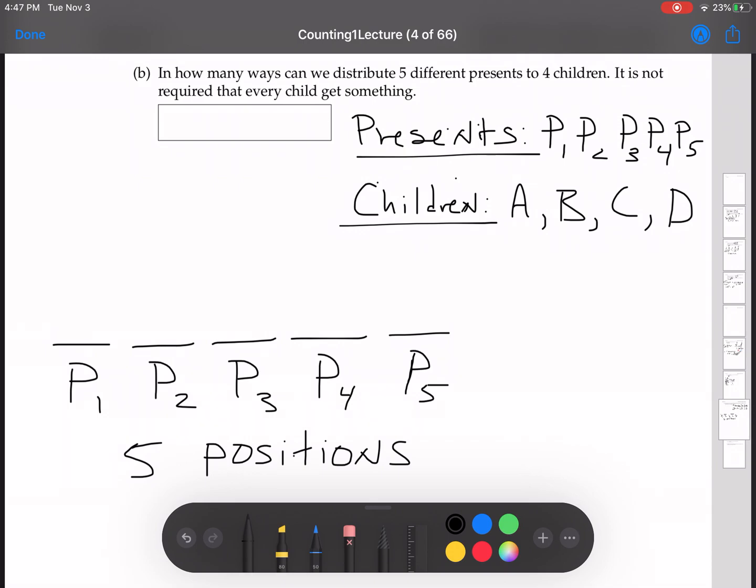And think about it, right? You could have, let's say Alice, she gets presents 1 and 2. Then one of the many distributions would be, let's give Alice presents 1 and 2. Bob gets present 3. Carl gets presents 4 and 5. And Danny, too bad for you. All right, there's one possible distribution of the presents. Another one: let's just give them all to Alice. There's another possible distribution of presents. Many possible here, right? But the point is,